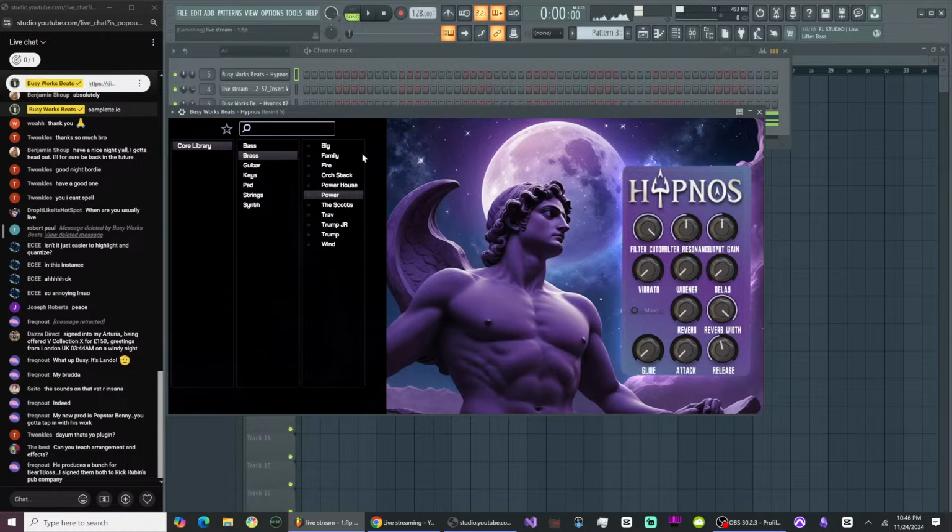Lick God Beats says, what's the most effective way to obtain the sample's key? If it were a sample, let me find a sample real quick. Because when you say key, you mean root key.